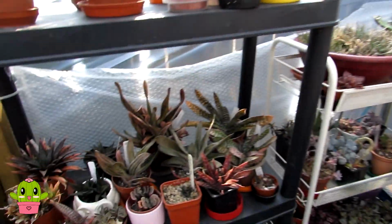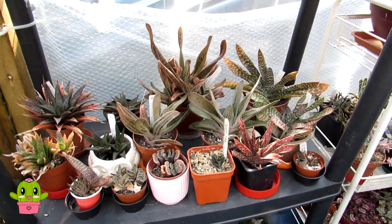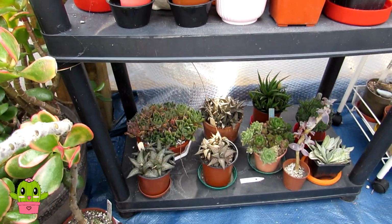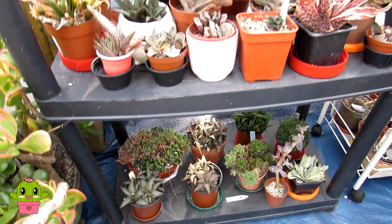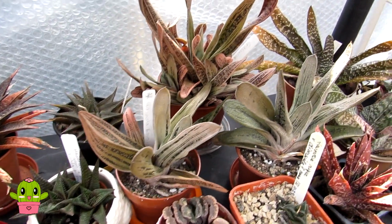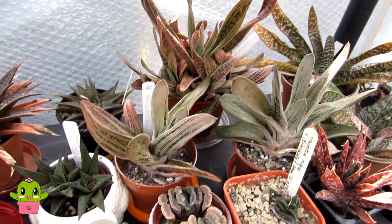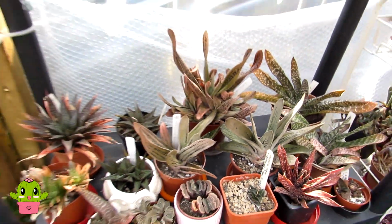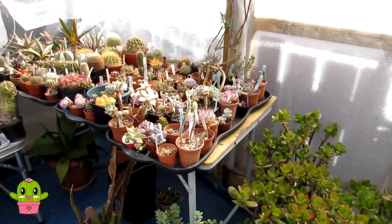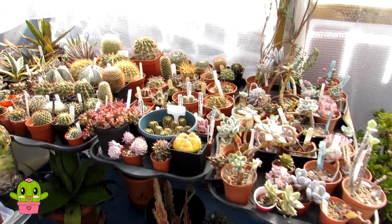And I have been sort of lightly watering a lot of the aloes and gasterias as well, because even over the winter they do like a wee bit of water. But it's been a while since I gave them any more water, and you can see the gasteria there taking a beautiful sort of peachy colour because it's very dry, and these I'm going to give a bit of watering too. So that's why I'm going to be watering some of my cacti and succulents now,